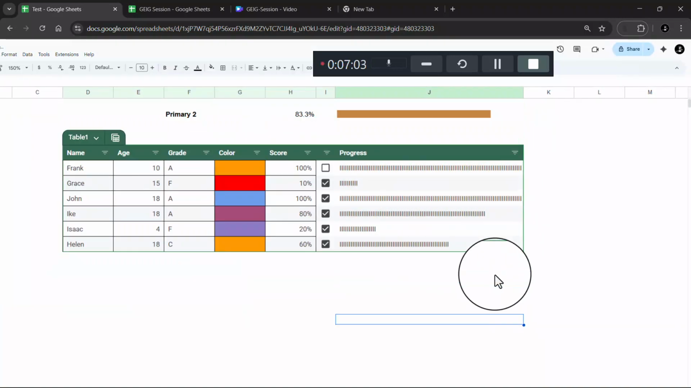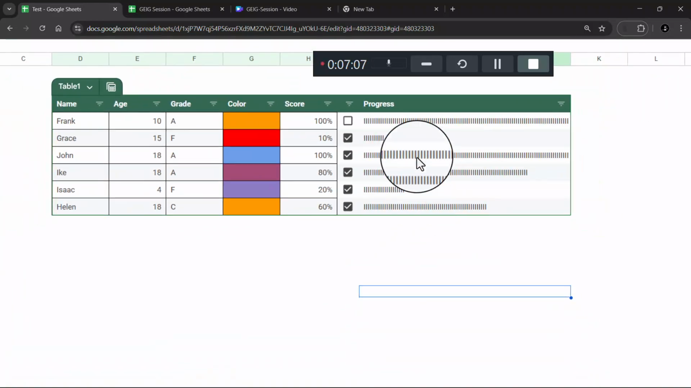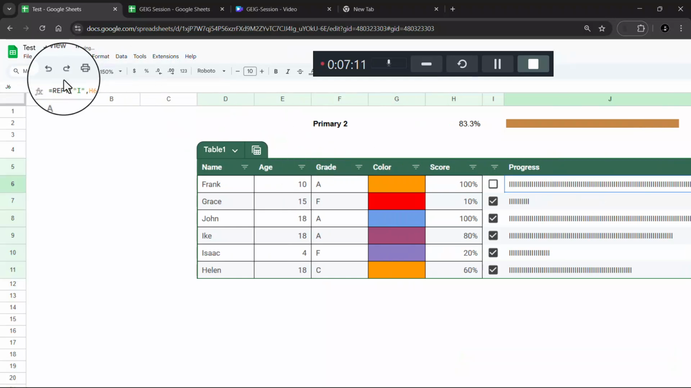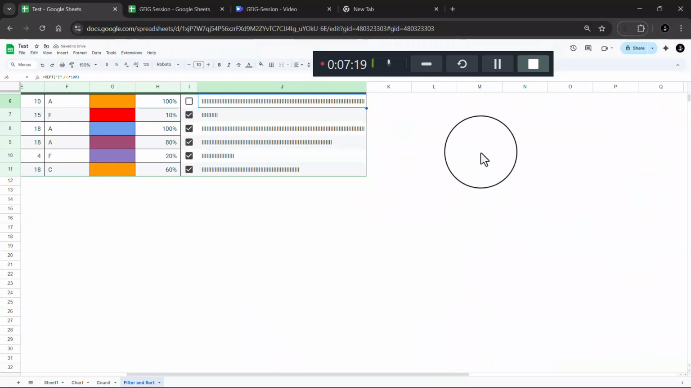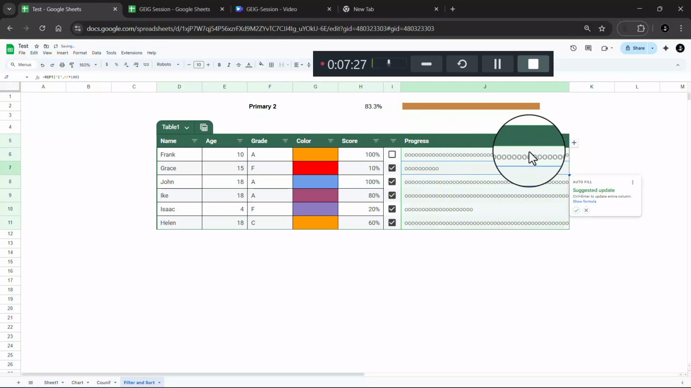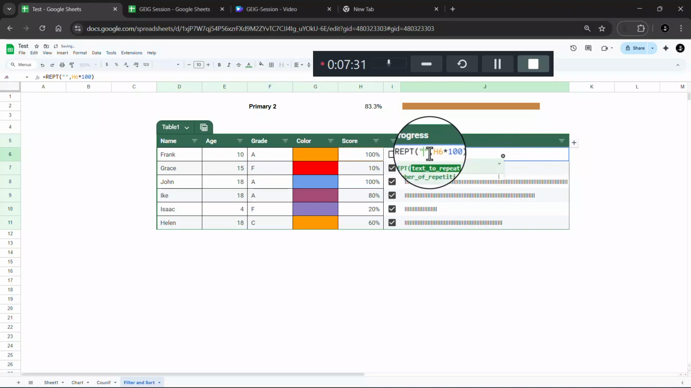That's the interesting thing about Google Sheets. It's very smart. So this is the formula. Let's click here and look at the formula. Remember the cell here. Even if I change this value, the progress bar would change. So let's say if I change this to O, it will give me O's. If I change this to P,